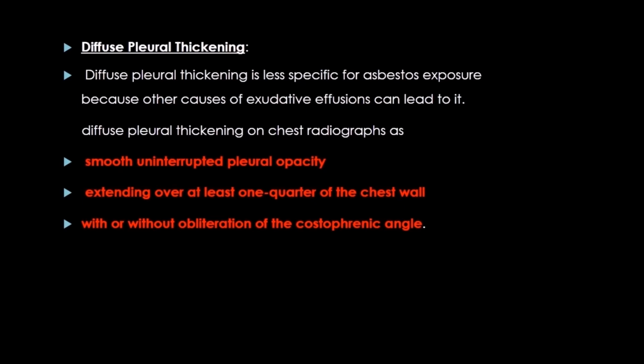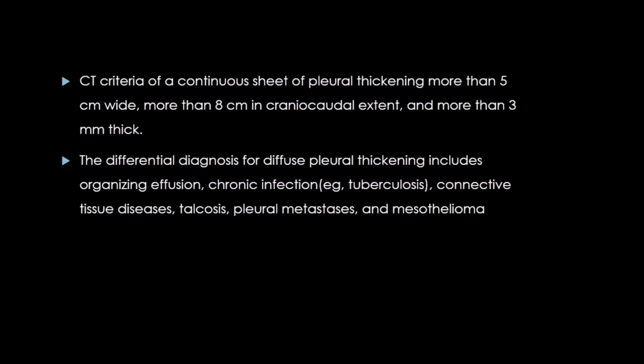Diffuse pleural thickening is less specific for asbestos exposure because other causes of exudative effusions can also lead to it. Diffuse pleural thickening on chest radiographs can be defined as those with smooth, uninterrupted pleural opacity extending over at least 1/4 of the chest wall with or without obliteration of the CP angle. CT criteria of a continuous sheet of pleural thickening measuring more than 5 cm in width, more than 8 cm in craniocaudal extent, and more than 3 mm thick is defined as a diffuse pleural thickening. The differential diagnosis for diffuse pleural thickening includes organizing effusion, chronic infection, for example tuberculosis, connective tissue diseases, talcosis, pleural